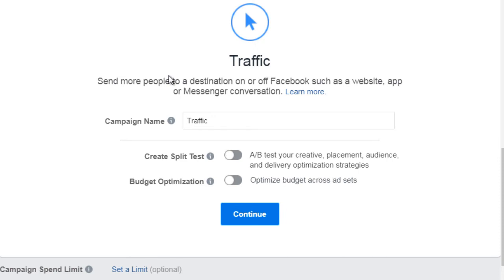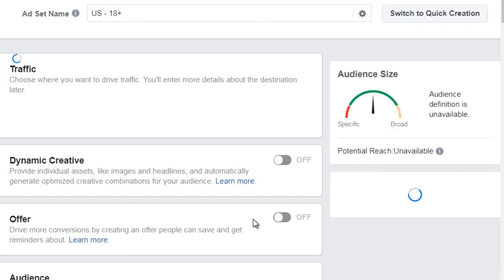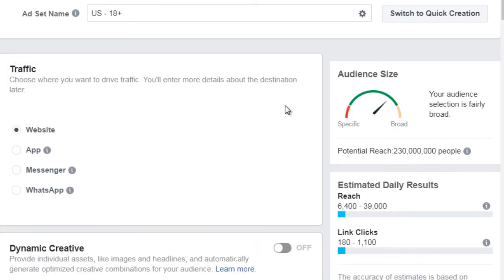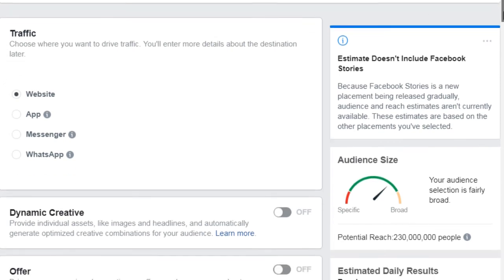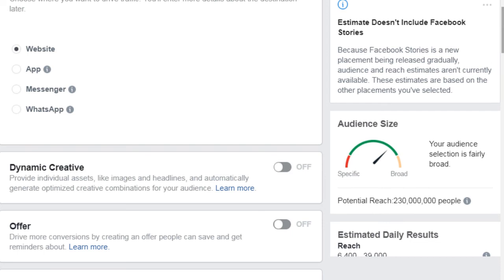And then, of course, we're going to name the campaign. We'll call it Retargeting Test 1. You can split test, you can do budget optimization. We're not going to do any of that. We're going to keep it simple. Now, as you can see here, this allows us to focus on a specific demographic. So we've got traffic, we scroll down,